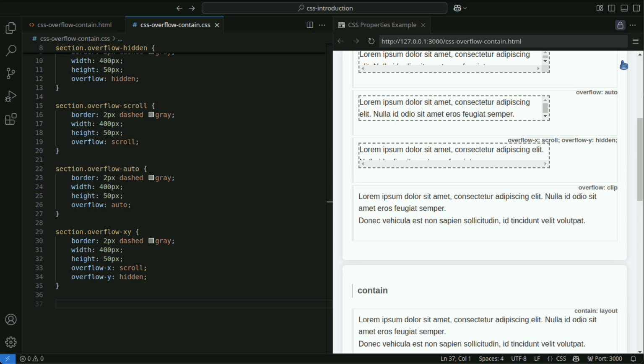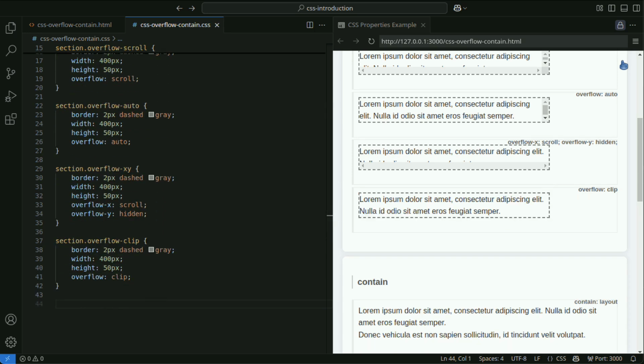Setting overflow hidden on a parent element hides child elements that exceed the parent's box. This may cause pop-ups and modal windows to not display correctly. In the new CSS specification, a value called overflow clip has also been introduced. This is similar to hidden, but it does not allow scrolling and only clips the content.